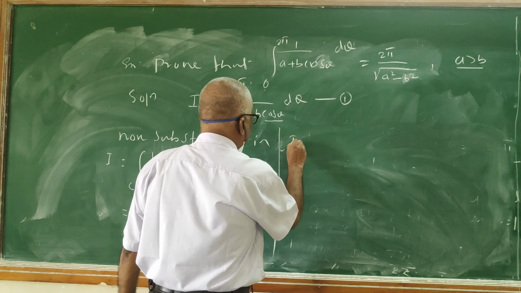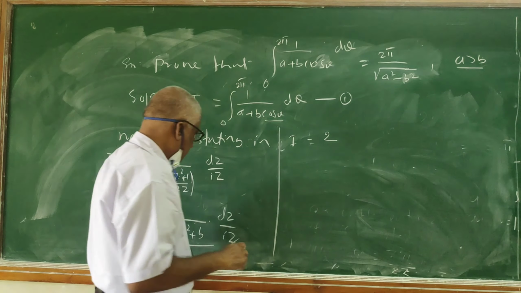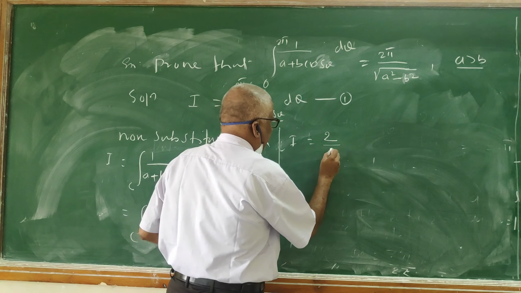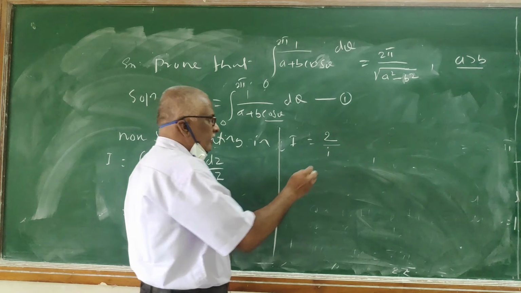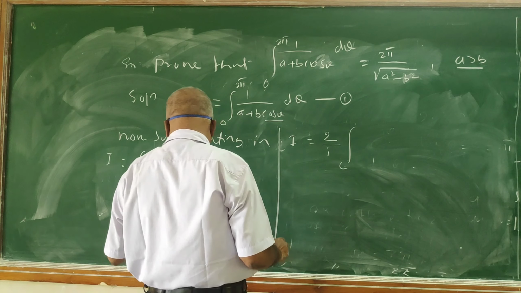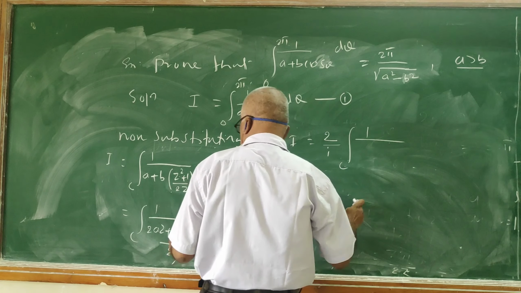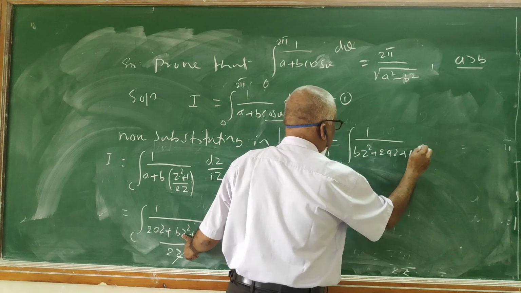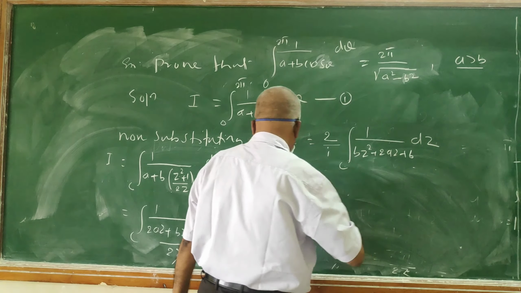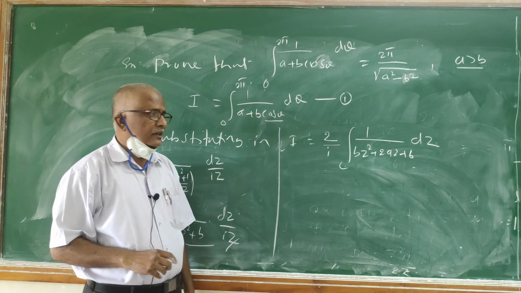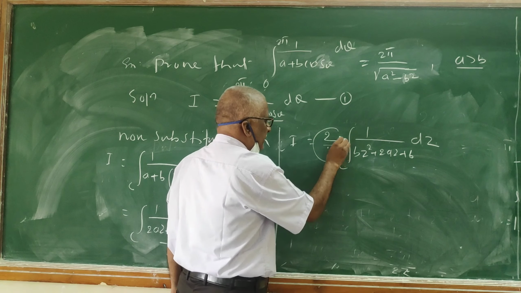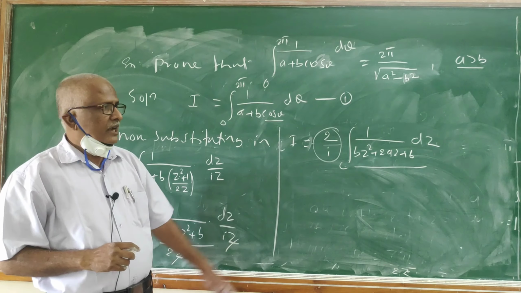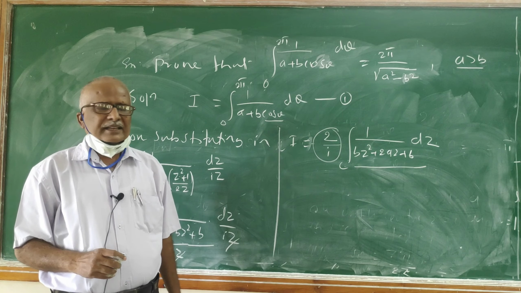So that I is independent of z, take it outside the integral sign, and the other constant is also independent of z, take it also outside the integral sign, into the contour integral of 1 by bz square plus 2az plus b into dz. Here, this is a constant quantity, keep it aside. Now you consider only this. And it is clearly a complex line integral.